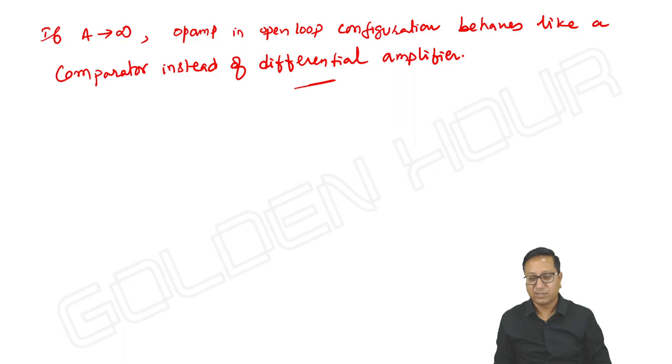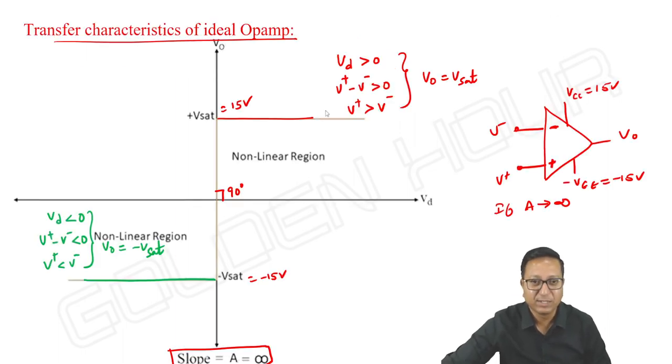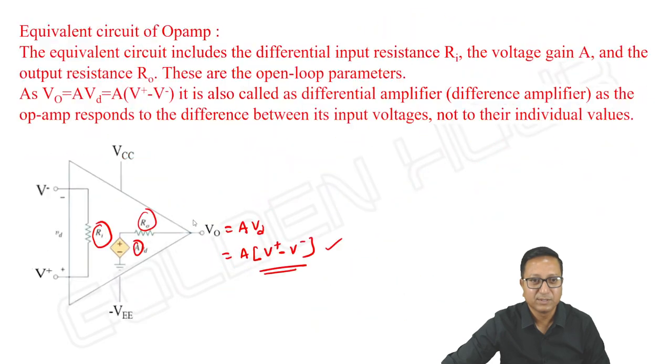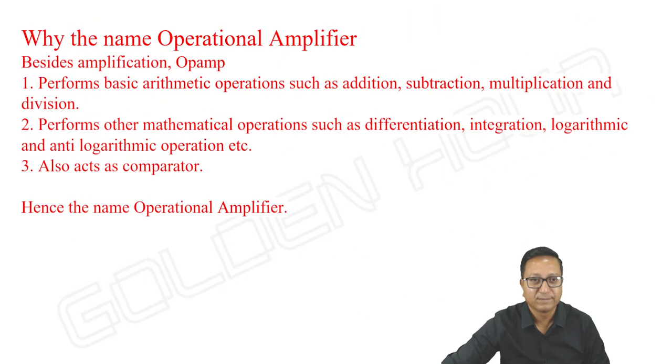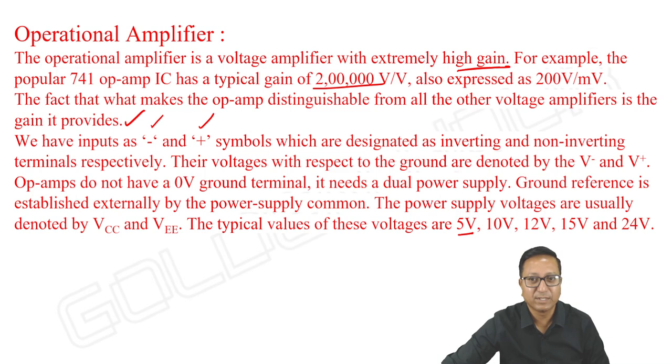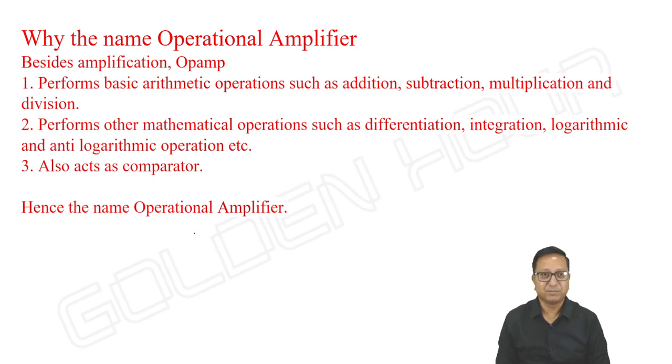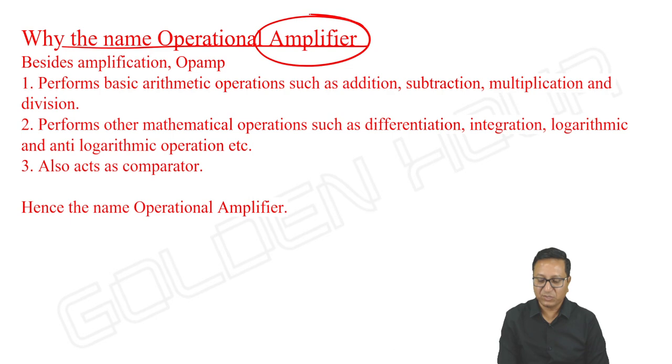Okay, sorry, here I forgot to tell one more point. This slide I missed. Sorry. Why the name operational amplifier? Okay. So it is a high gain amplifier, it is fine. Along with amplification, what it is additionally doing, what operations it is performing, that's what you wrote, and you gave